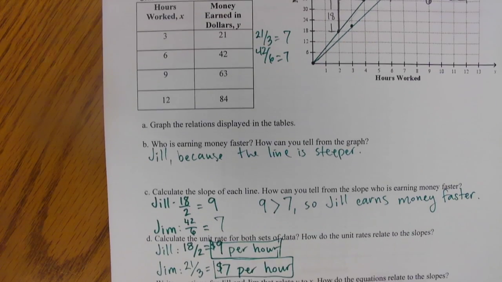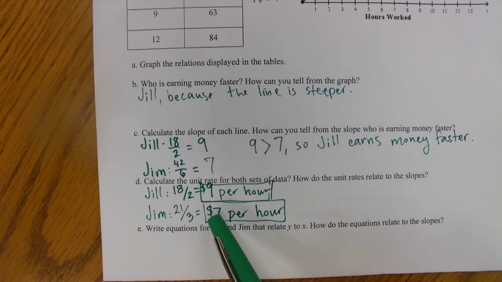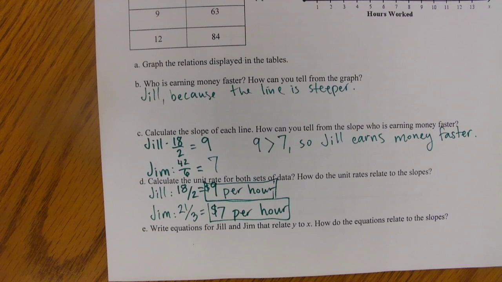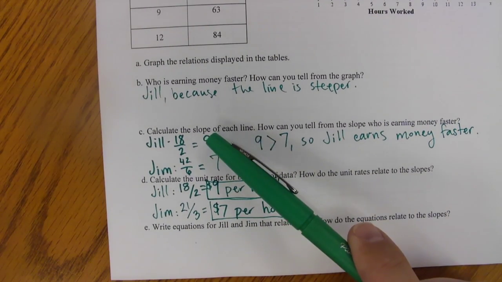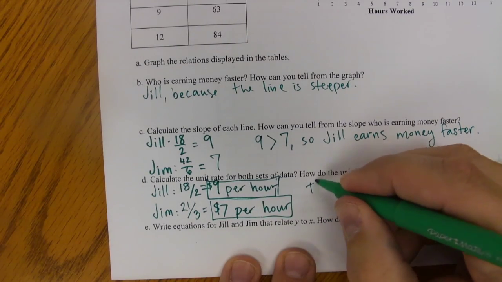Okay, so how do these unit rates relate to slope? We've got the unit rate of $9 per hour and the unit rate of $7 per hour, and our slopes were 9 and 7. What's the relationship here? Go ahead. They're the same number. Okay. The unit rate does have units with it, but if we look at just the number part, 9 and 9, 7 and 7, it looks like the slope